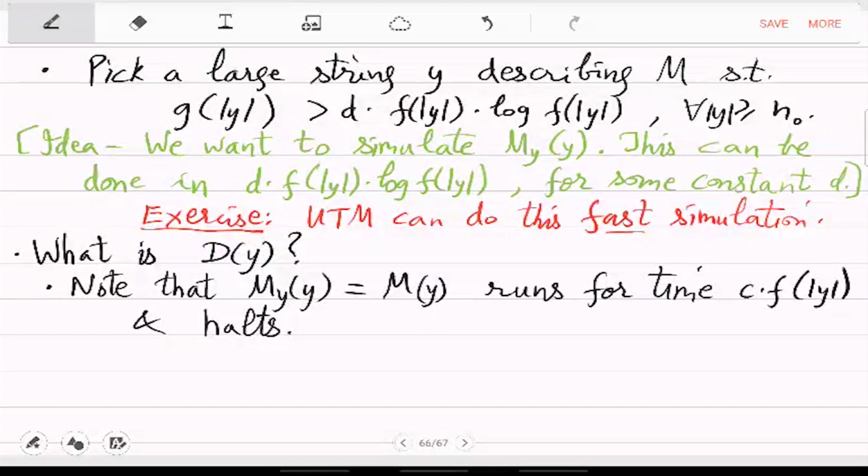Right, M always halts. It's actually deciding L in this much time. It always halts in this much time. Which means that D halts on y in time